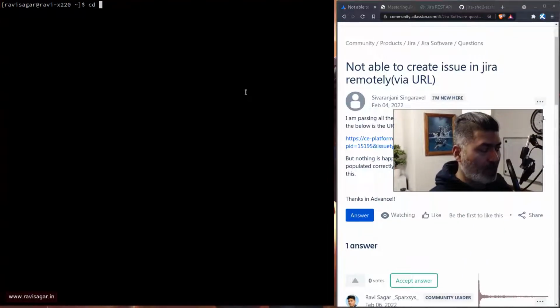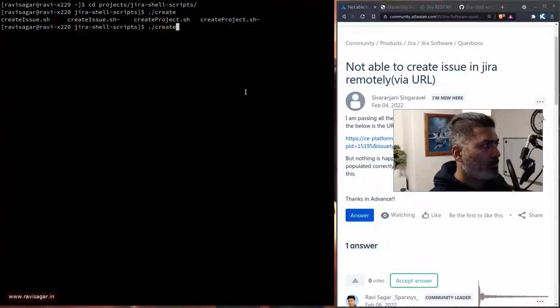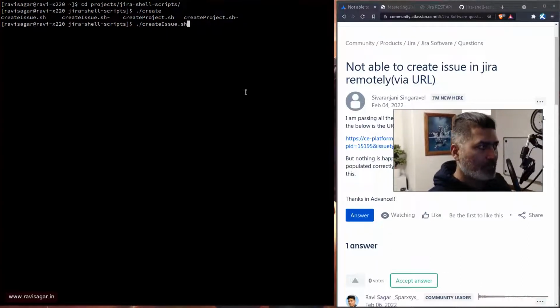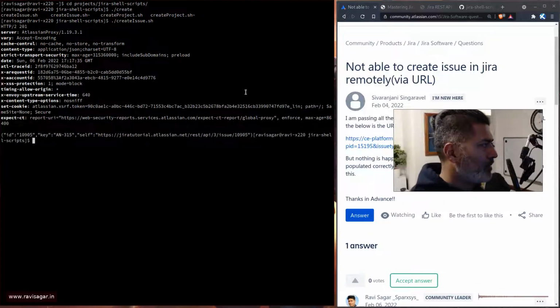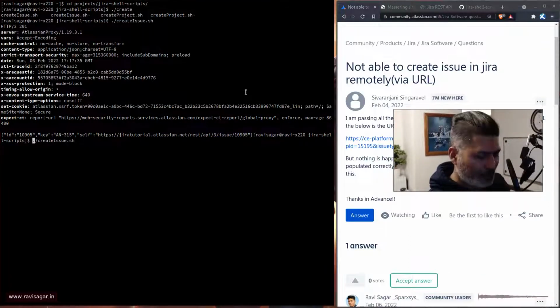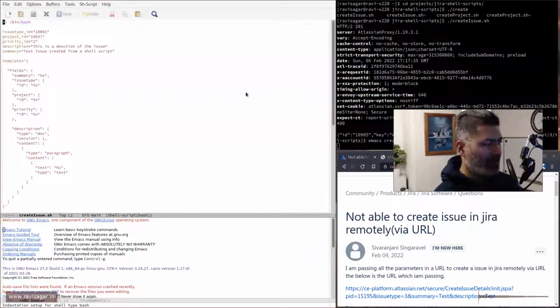So what I will do is I will go inside my Jira shell scripts, and create issue, and I believe this particular script already has some parameters, so I don't really think it created the issue, but if you look at the script, I believe maybe the